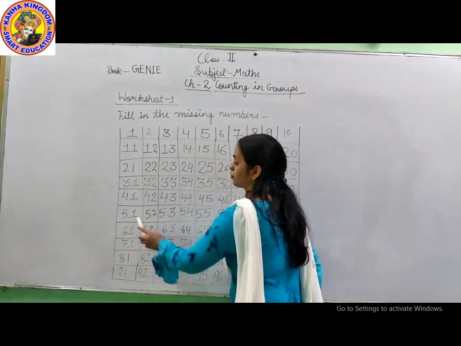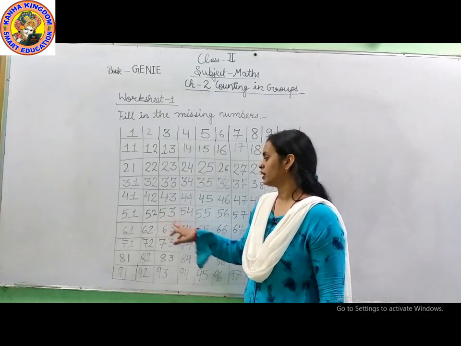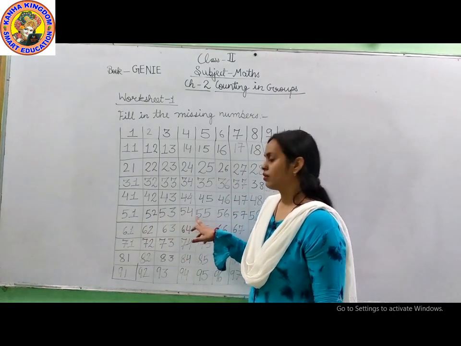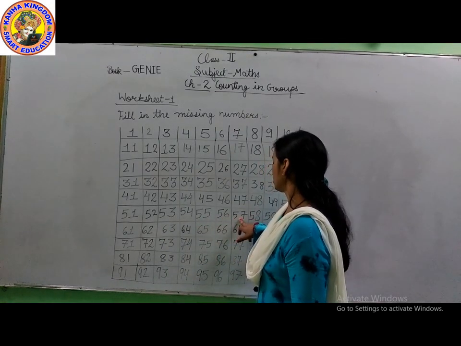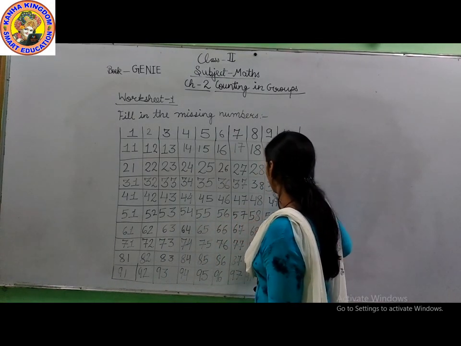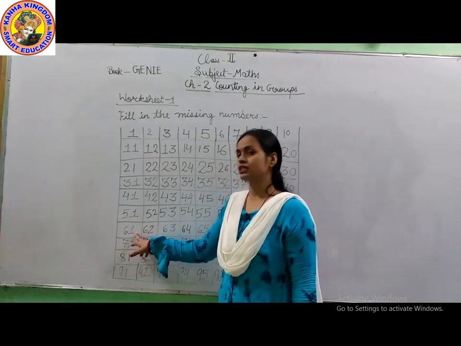Then 51, 52, 53, 54, 55, 56, 57, 58, 59, 60. Then 61,